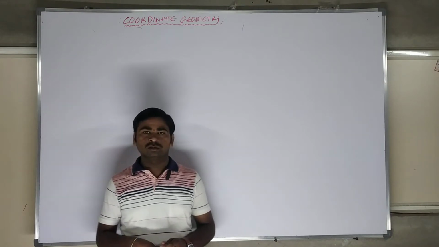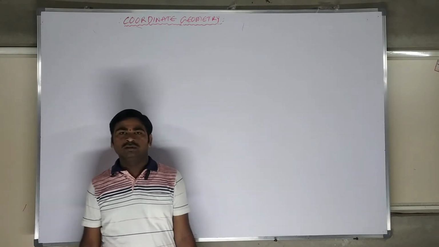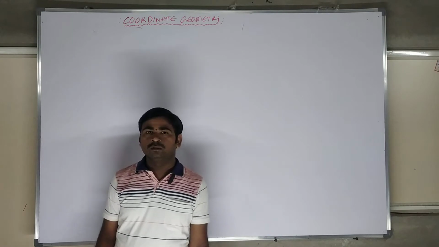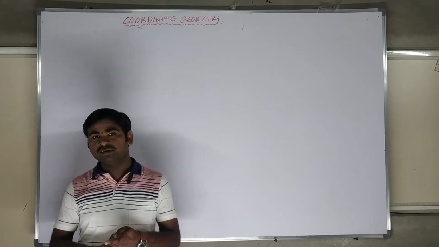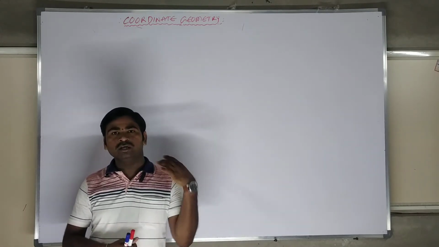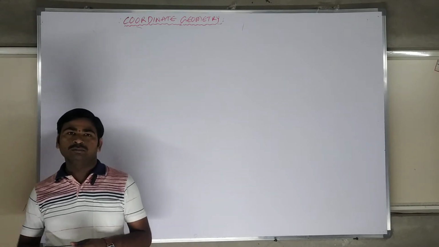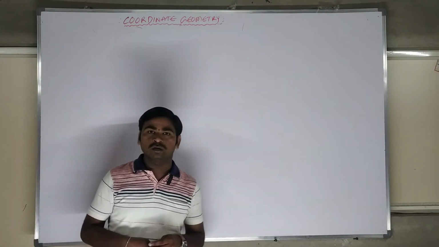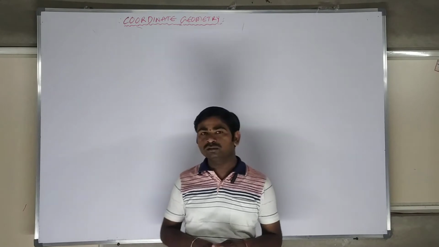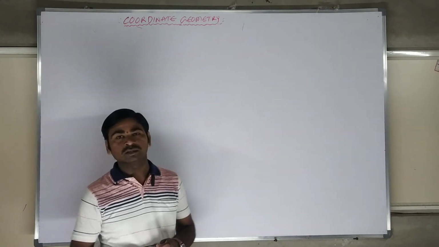Last class we discussed class 2, the fundamentals. Now we will switch on to how to identify the quadrilaterals. That means, is it a square or not? What are the conditions for it to become a square? What are the conditions to make a rectangle? All these things we will discuss.